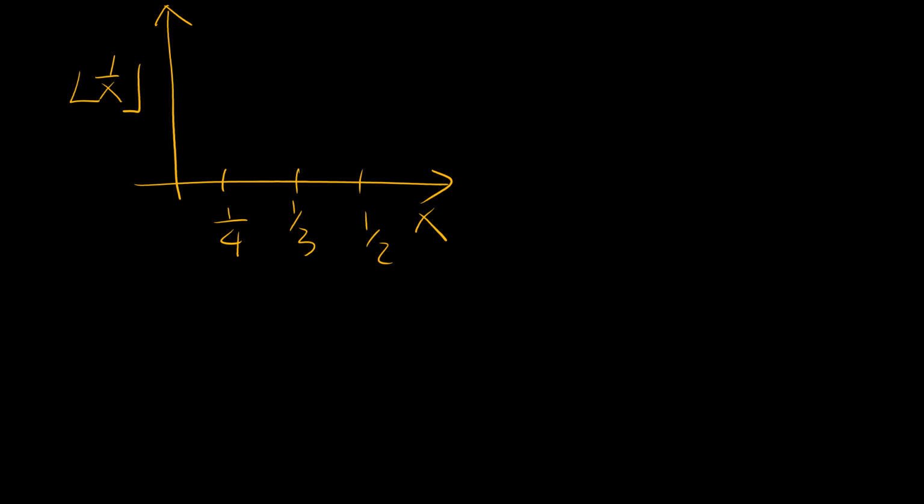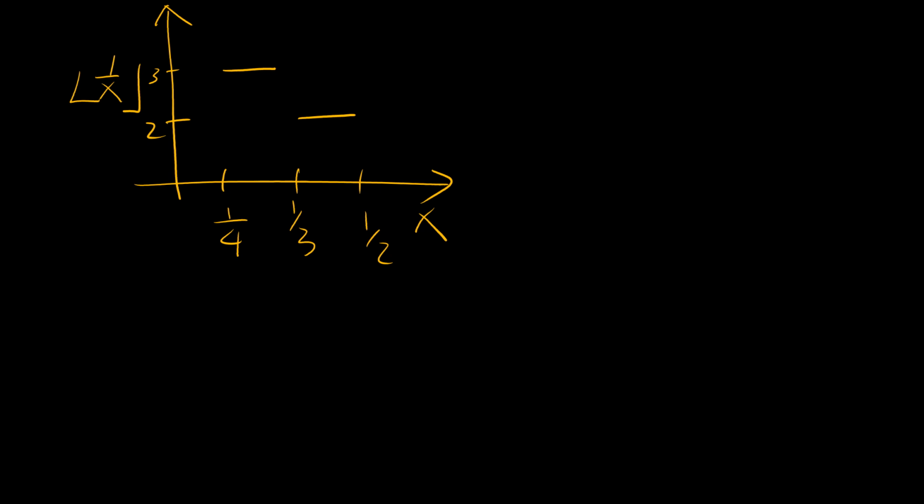In this interval here, between a quarter and a third, that's the value the floor function of 1 over x will be equal to, and then within this other interval we're going to have that. Okay, now